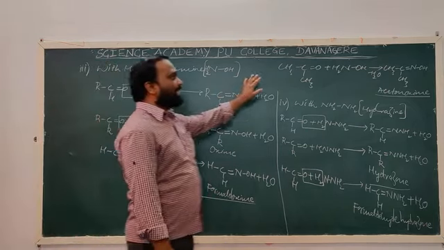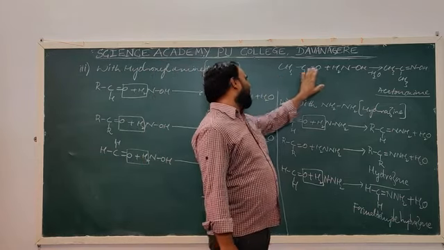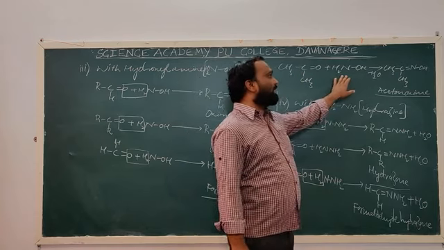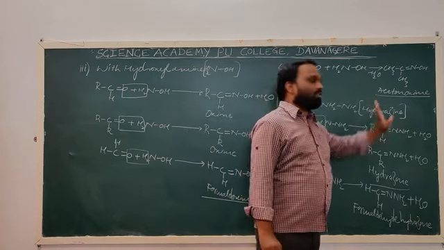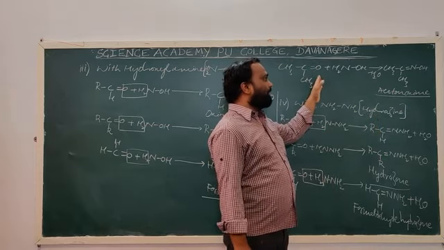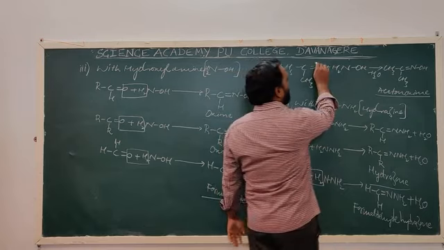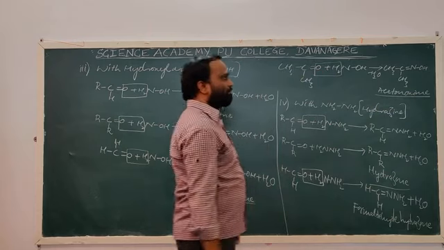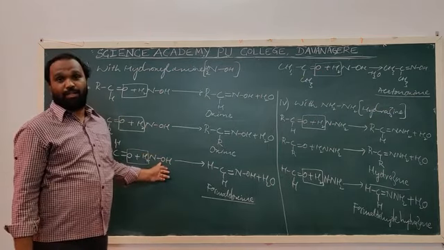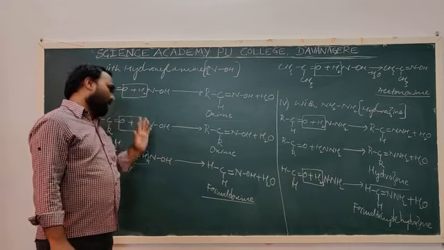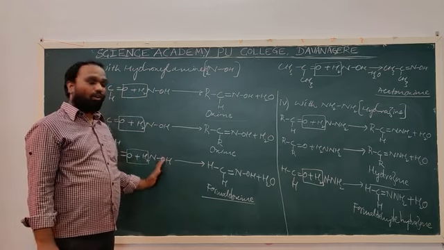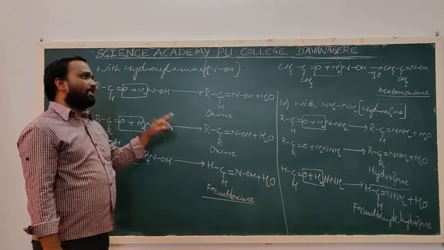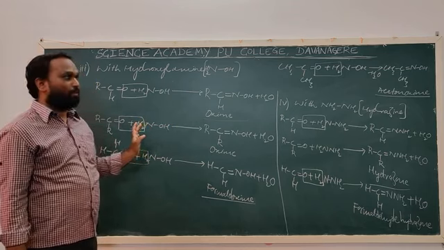Now let us take acetone as an example. I wrote the example for ketone as acetone. Acetone undergoes condensation with hydroxylamine, gives acetoxime. Similarly, acetophenone undergoes condensation with hydroxylamine, giving acetophenone oxime. Any one reaction can be asked in your examination. So you have to know all the examples, that is formaldehyde, acetaldehyde, benzaldehyde, acetone as well as acetophenone.